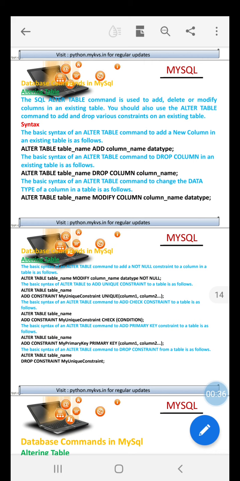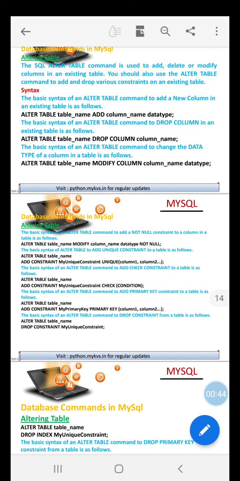Alter table is used to restructure the table of a MySQL database. It means, for the purpose to add any column, to modify the data type and size of any column, to rename the column, we can use the alter command. The syntax for the alter command is alter table with the table name, and use add, drop or modify clause as per the user's wish.